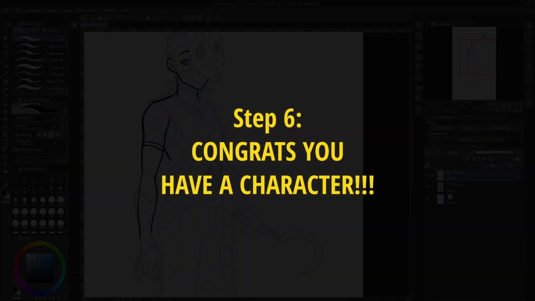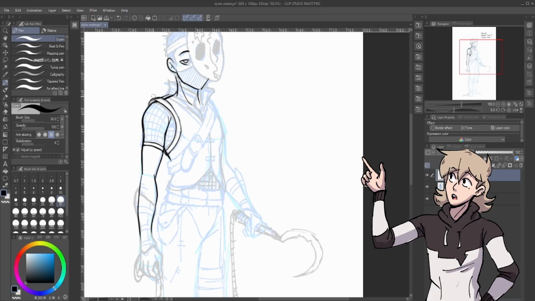Step 6 is just congratulations. You now have a character that you need to draw 1,000 more times. And this is the reason why I did mention that you should make character model sheets and have some idea for various outfit changes, because if you're